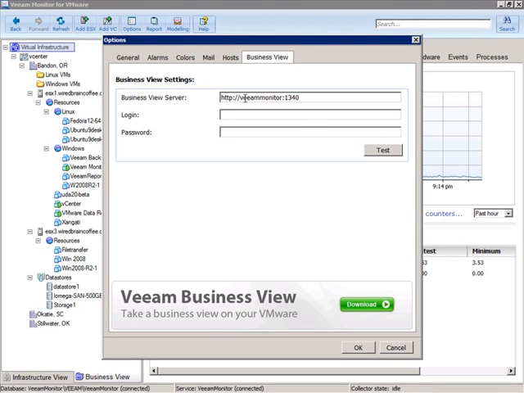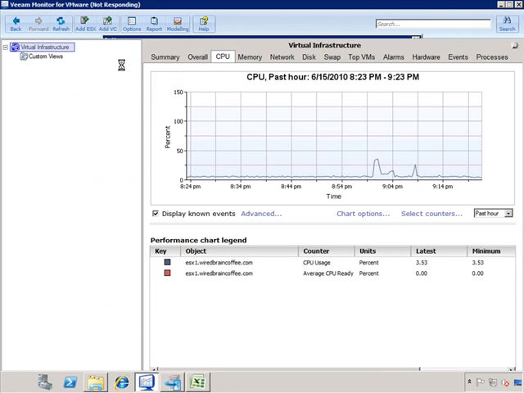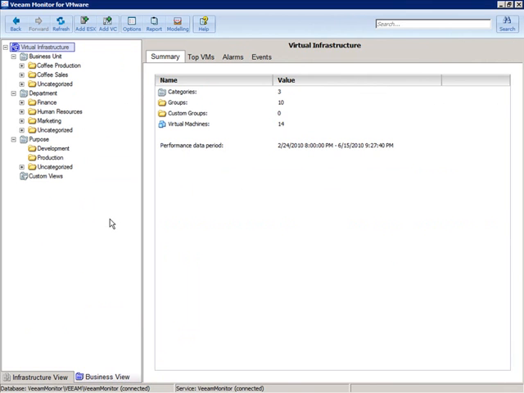In our case, that server is http://vmonitor:1340, with the login name being in domain/username format, vmonitor/administrator. I'll type in the password and click test here. So when I pressed enter there, the Veeam Monitor server connected to the Business View server and downloaded information about